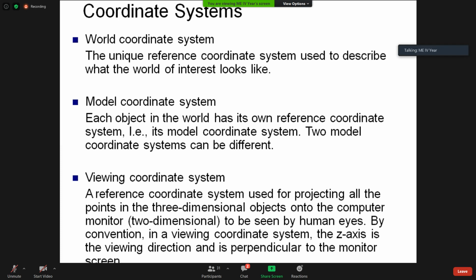So in the first quadrant, this area is called above HP and in front of VP. Then what about the second quadrant? Above HP, behind VP. Very good. Then third?